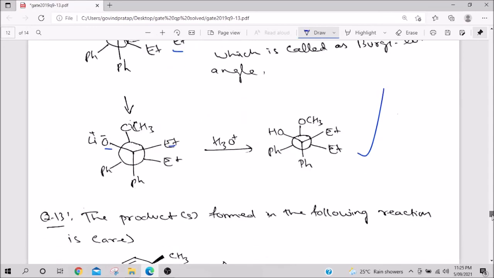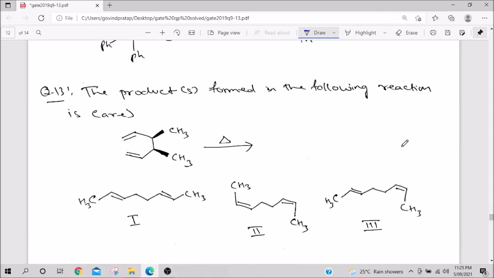This chelation was important. Now, last question for today's class. The products formed for the following reaction are. So, thermal and photochemical, generally it is a pericyclic reaction, especially if you see something like this. So, this is a sigmatropic shift, it is called a 3,3 sigmatropic shift. Okay. Why it is 3,3